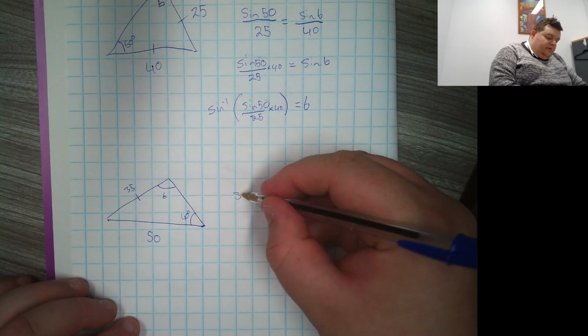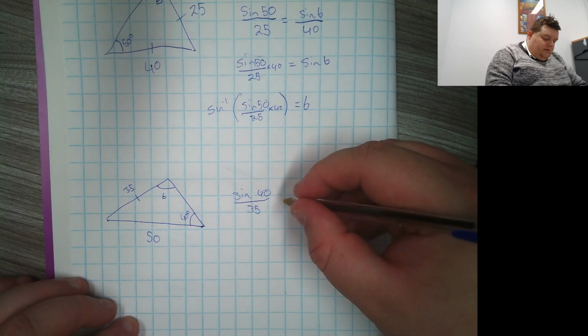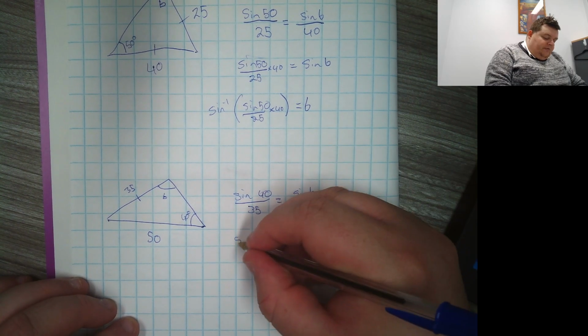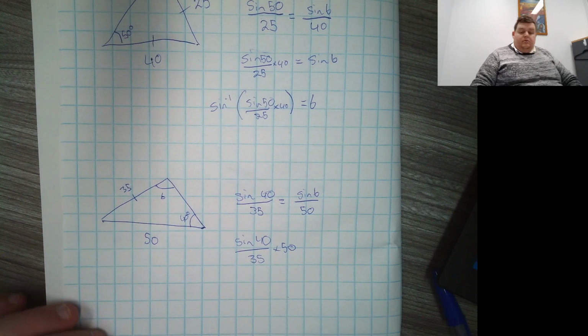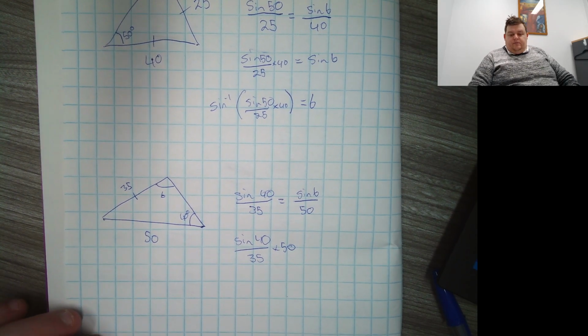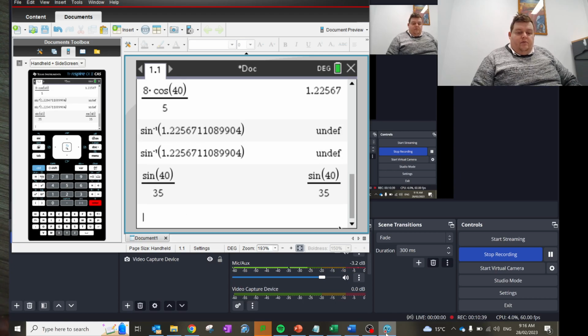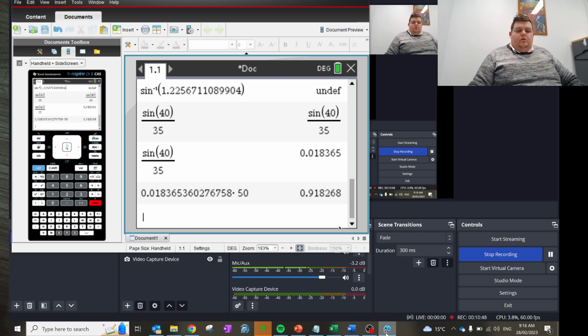So I have sine 40 over 35 is equal to sine b over 50, times 50 to both sides. Let's see what this does. Hopefully it doesn't stuff up like the last one. Sine 40 over 35 times 50. Okay. And then I need to do inverse sine,